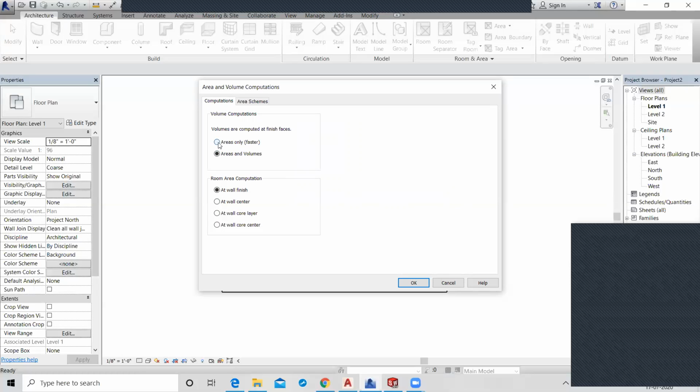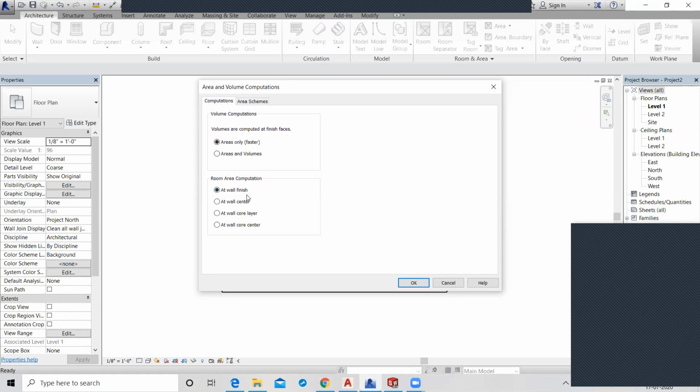Okay, this is your room area computation, from where you want to find your area. At the wall finish or at the wall center or at wall core layers or at wall core center. So you can choose the wall finish.